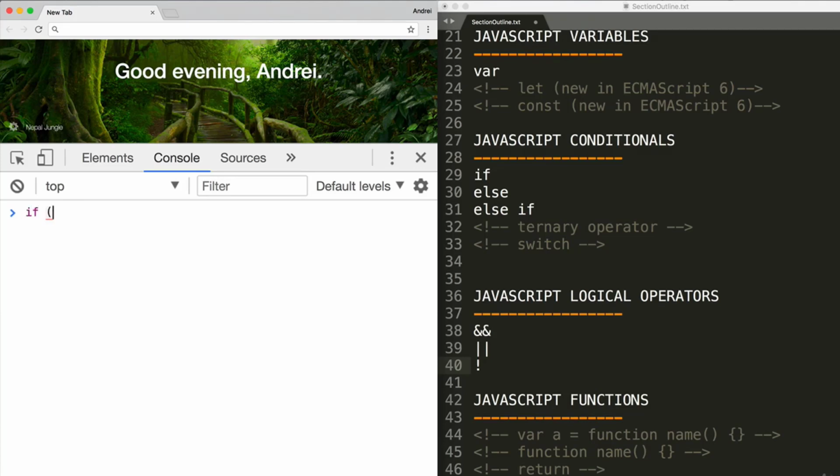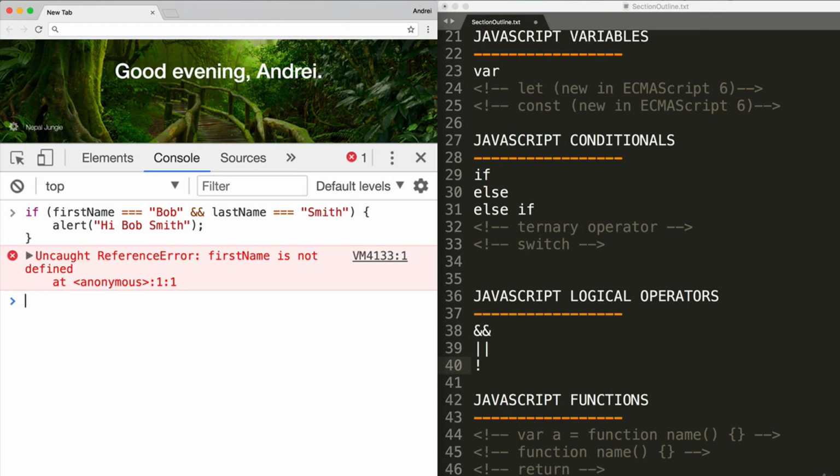So I can do if first name, remember I'm using camel case here, equals Bob, and last name equals Smith, close the bracket, curly brackets, I'm going to say alert, hi, Bob Smith, close the brackets, the curly brackets, press enter, and it looks like I made a mistake here, and it says first name is not defined, and well, that's true because I've never said what first name is and last name